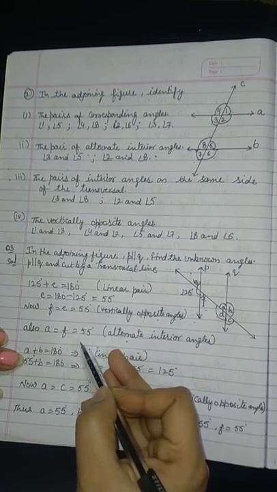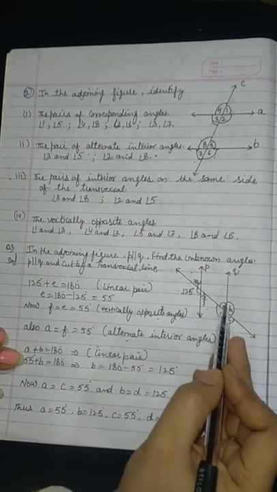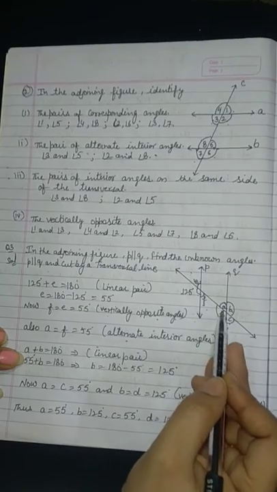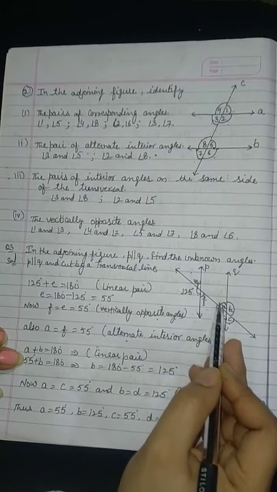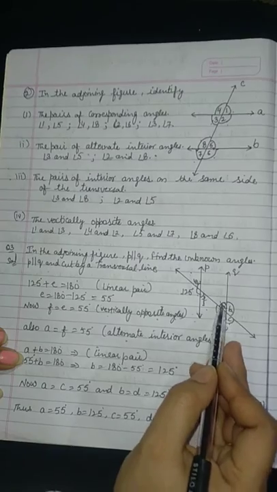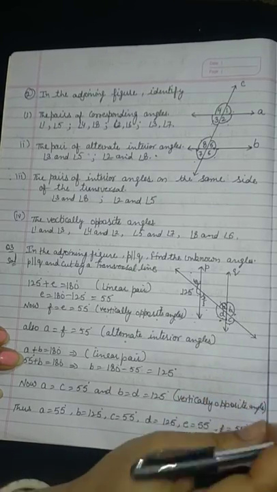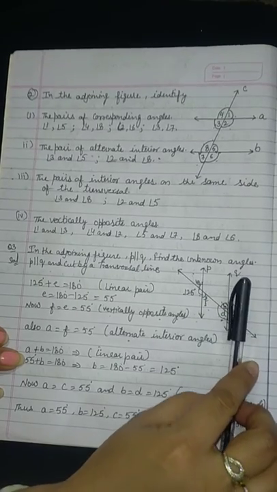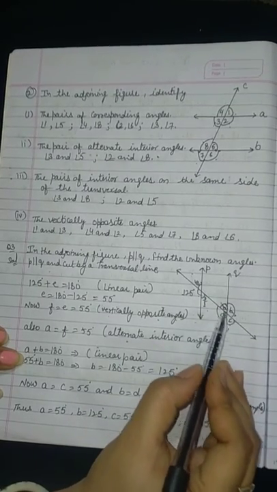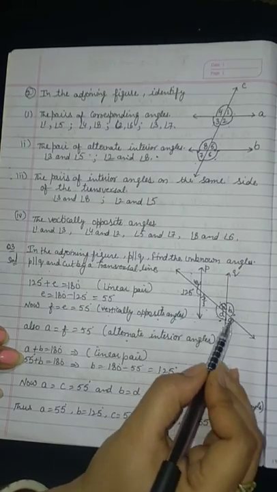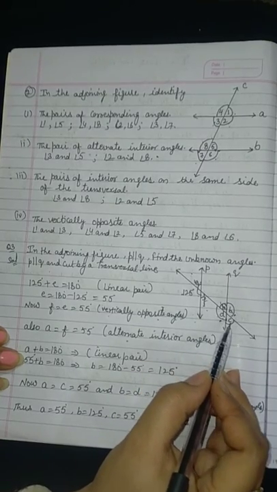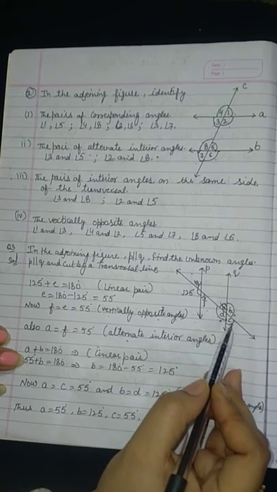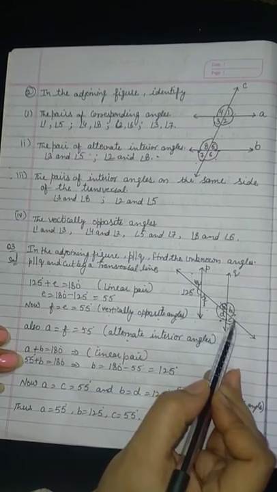We'll write here. Then now A and B, they are on the same side of a transversal. You can see they are on the same side on the line. So we can write A plus D equals 180, or A plus B equals 180 also, because they are forming a linear pair. See, A and D, A and B here. So I will take A and B, again A and B are lying on the same side of a transversal. So the sum is 180, because they are forming a linear pair. Means A plus B equals 180.